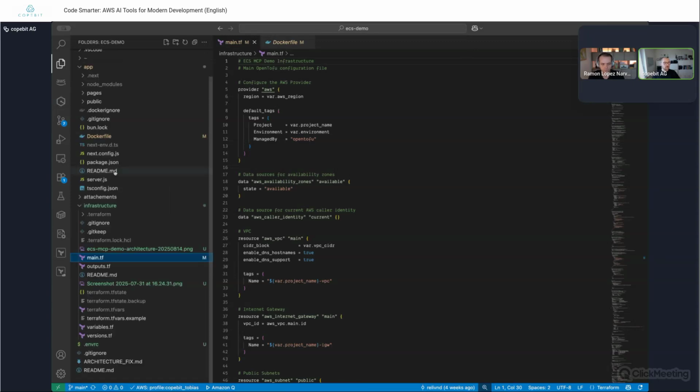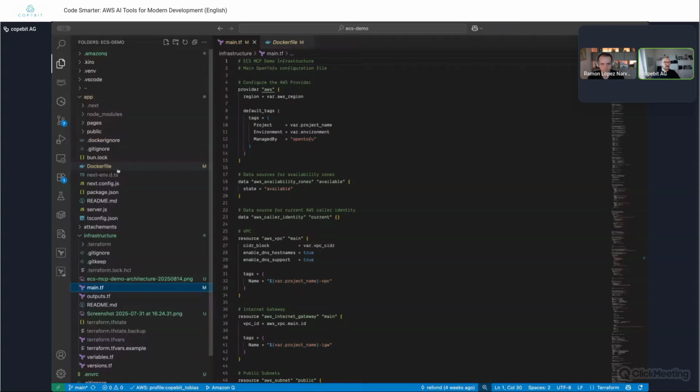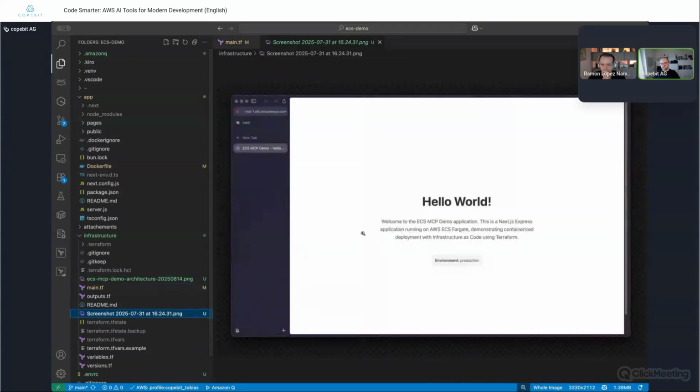I have here another small project that I actually created with Kiro. Kiro is perfect for that. You just go through the dialogue and through the requirements and then execute the task. And I asked Kiro to write me a small web app that looks like this.